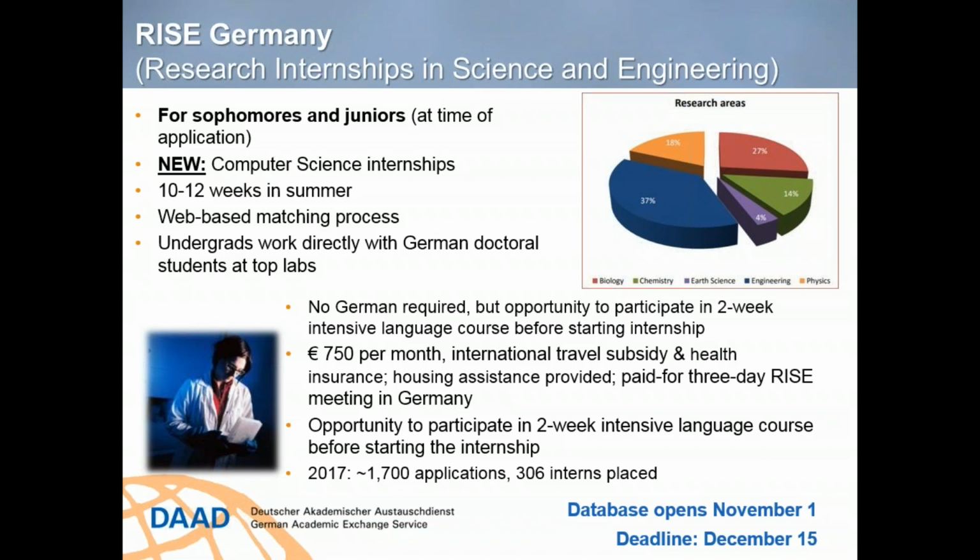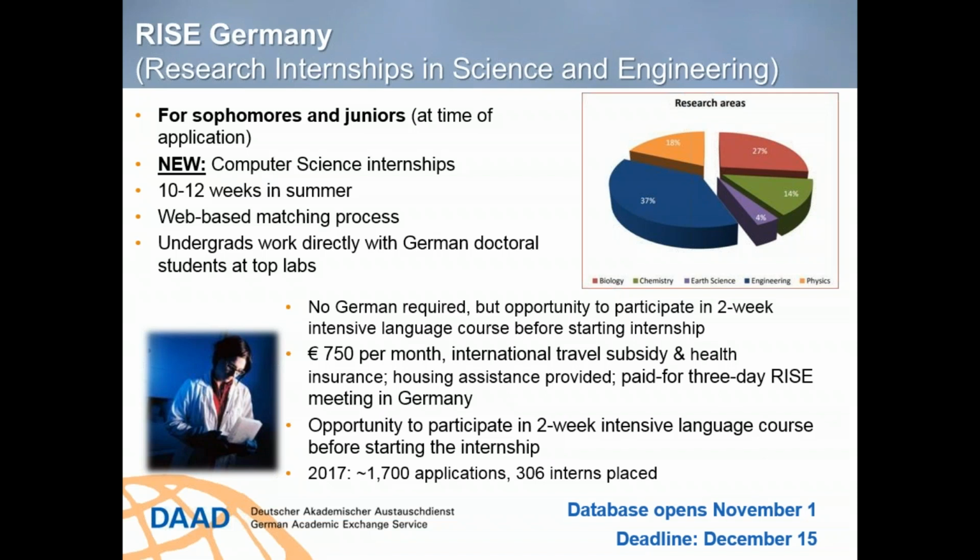And what it does is it matches exceptional undergraduate students from North America and the UK with doctoral students in Germany. The undergraduate students are sent to Germany for a summer research internship opportunity that runs between 2 and 3 months in length. And the way this system works is it's an online web-based matching process. DAAD in Germany gathers project descriptions every fall. They vet these, and those that pass muster are placed into an online database that goes live on November the